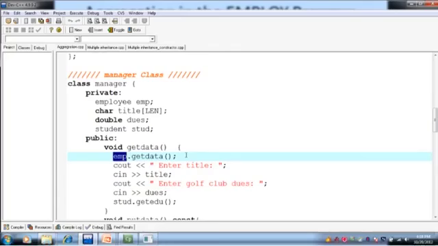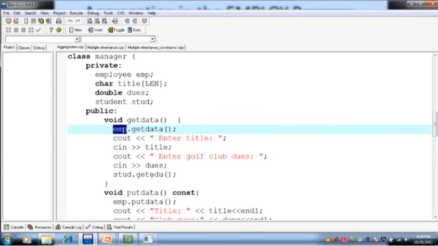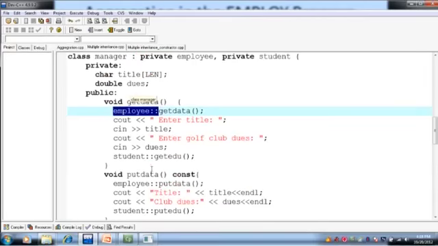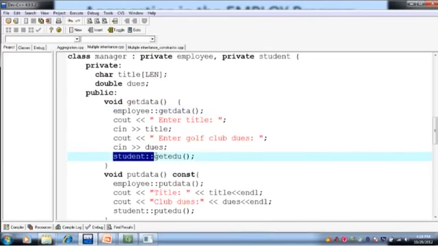Using that object you call the function get data of the employee class, and the same case applies over here. Get edu, you are calling that function, which is a function of the student class. In multiple inheritance, or in simple inheritance, what we were using was the name of the class, student, like this, student scope resolution operator, then we call the